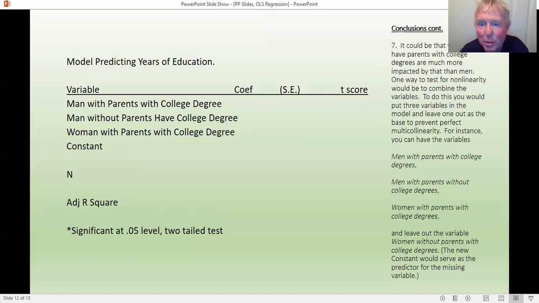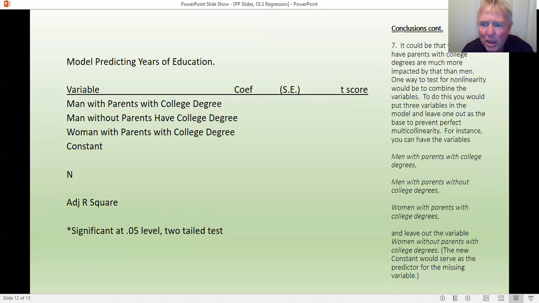For instance, you can have the variable men with parents with college degree. That'd be 1 if that was in the category and 0 if they weren't. Second variable, men with parents without college degrees. That'd be 1 if you're in that category, 0 if you're not. The next one would be women with parents with college degrees. It'd be 1 if the person was in that category and 0 if not. And then the fourth variable, women without parents with college degree, would be left out of the